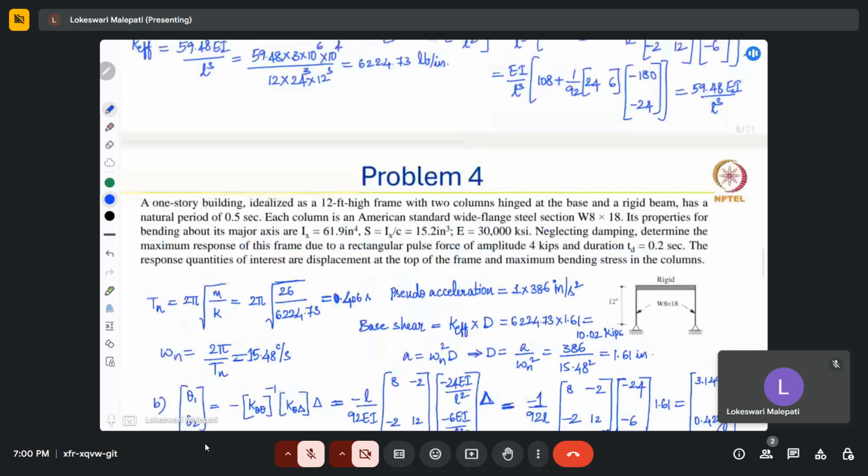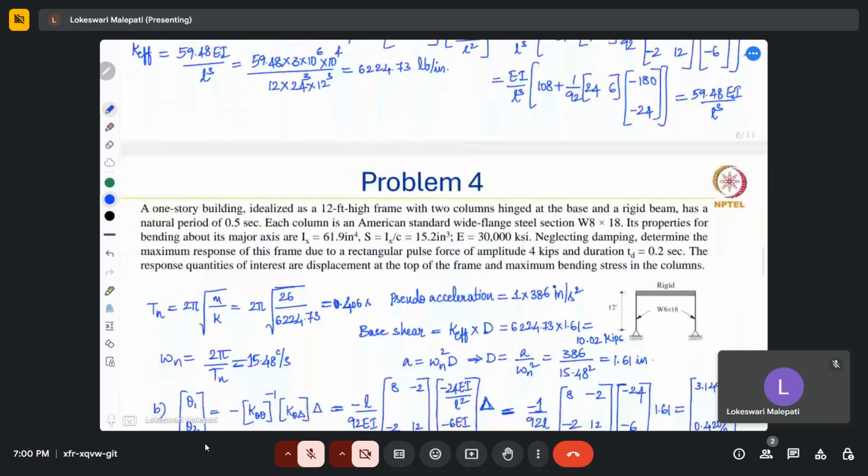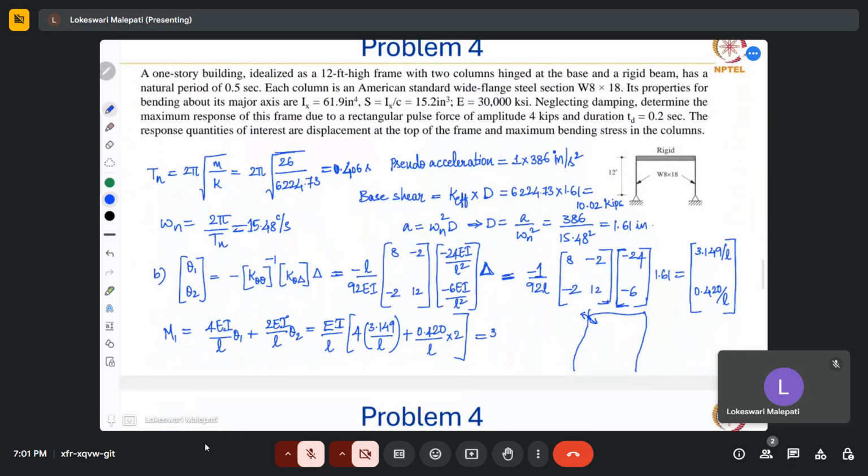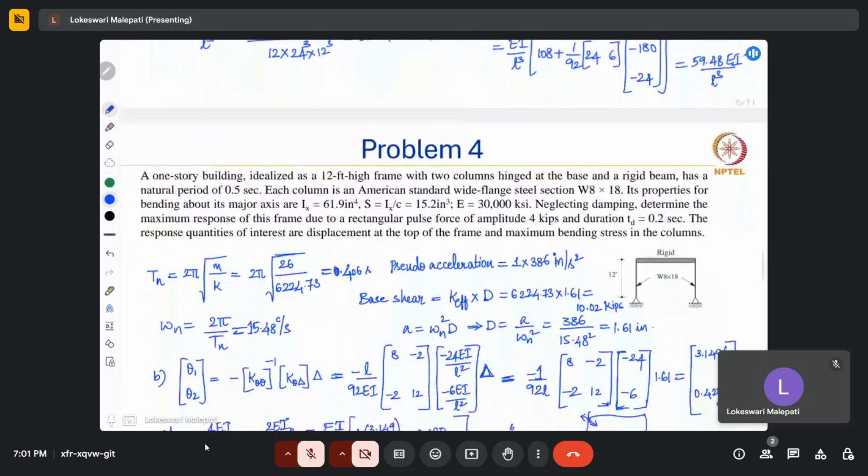The E value and I value are already given. So let's substitute that: 3 into 10 power 6 multiplied by 10 power 4 by 12 multiplied by